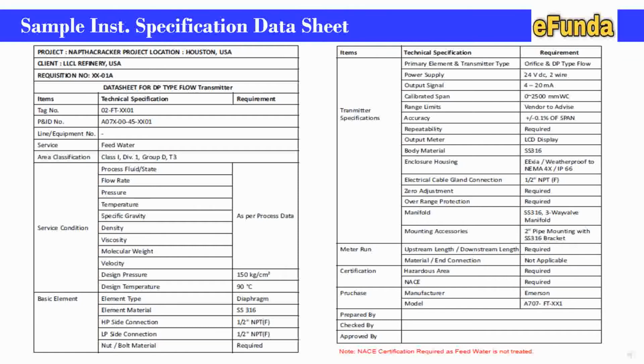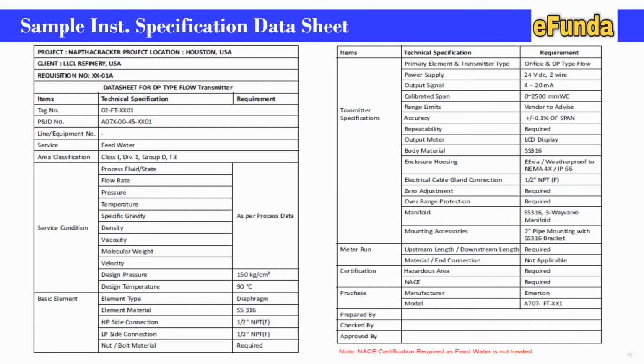Basic elements, where generally the information covers element type, element material, HP side connection, LP side connection, nut bolt material. These are the points covered under basic element.